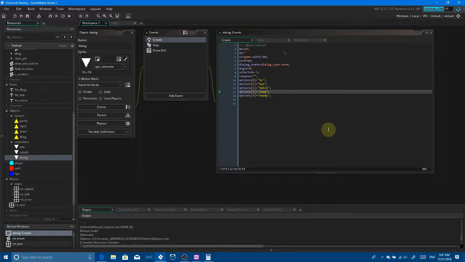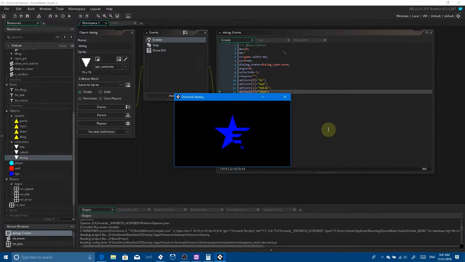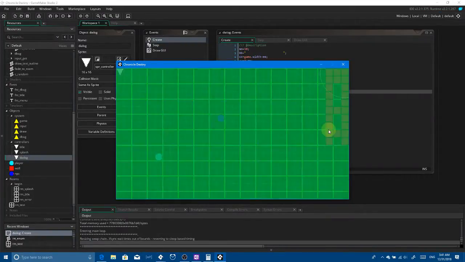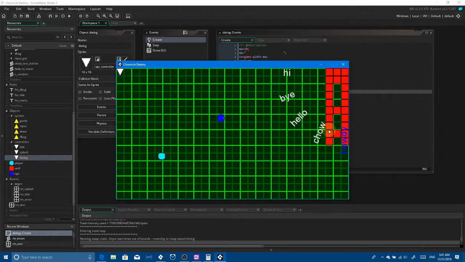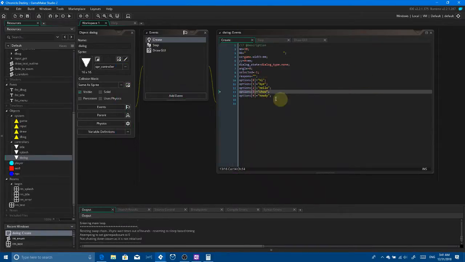And see, ultimately the objective of this is that whatever is selected over here will get passed to that NPC, and depending on whatever it's passed, that NPC will respond to that. And right now it keeps moving because I don't know, there's no dead zone on it. So